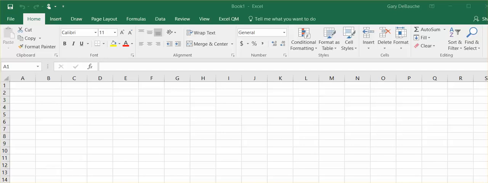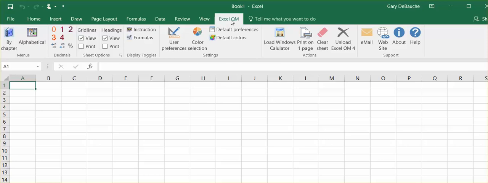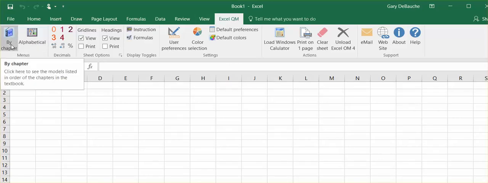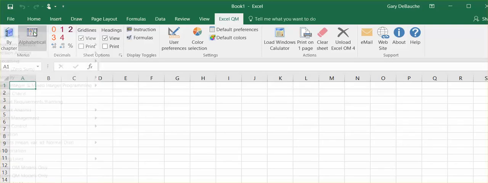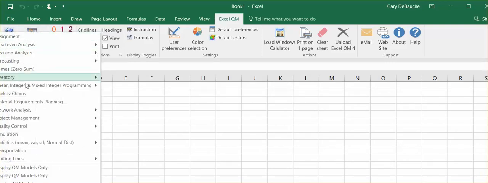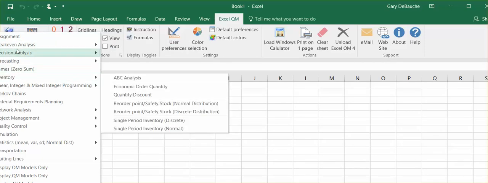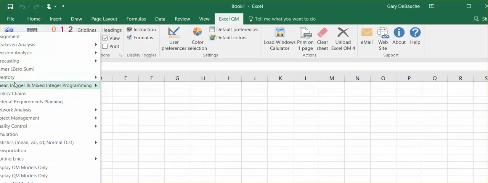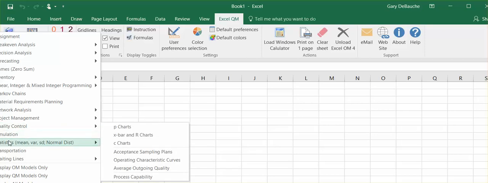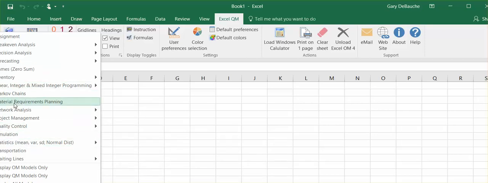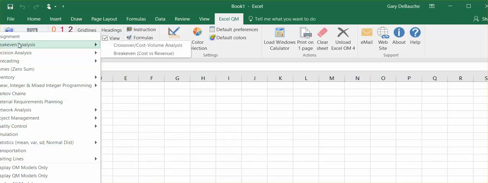Excel QM. So as you can see, I'm in Excel. I have my Excel QM, and we can just click it on. And we can see over here in the left-hand corner by chapter and by alphabetical. So let's just click on alphabetical, and you can see a drop-down menu. We have a lot of break-even, decision analysis, inventory, quality control, simulation, statistics. We'll be using some of these in QM, but for the time being right now, let's just go to break-even